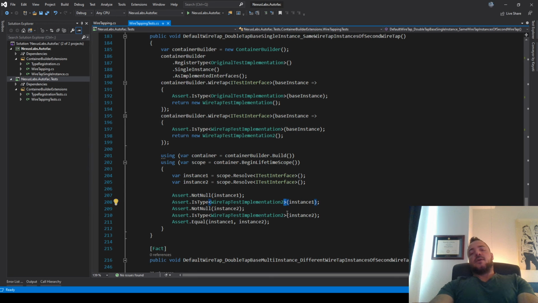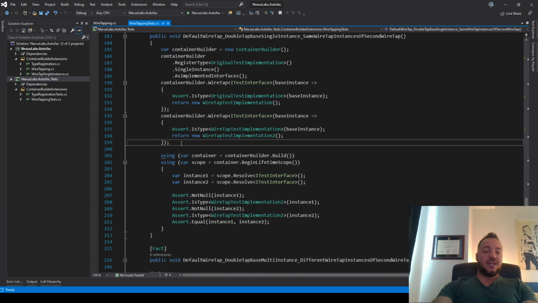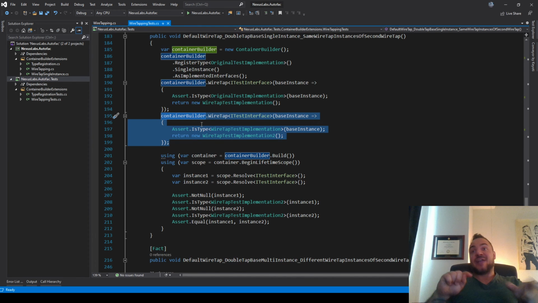Cool. Okay, so one thing that was interesting about this is that it didn't work the first time I did it. The test kept failing, and it kept failing because the way the code behind works is that it inverts the order of these wiretaps in a way that I didn't expect. The code behind actually made the assumption that your last wiretap, the second one here, would go first, and then your first one would go second. So it was completely inverted.